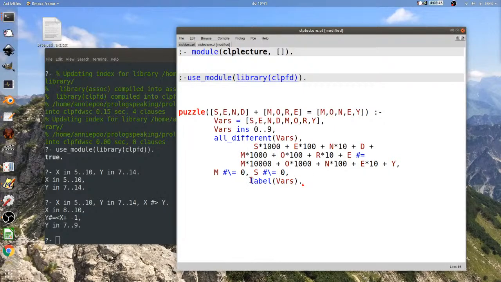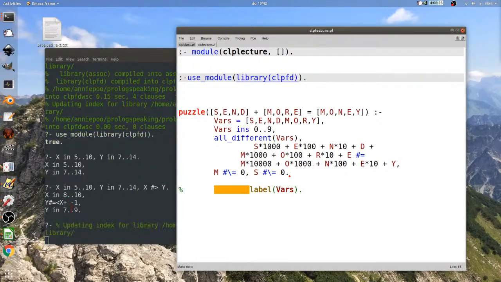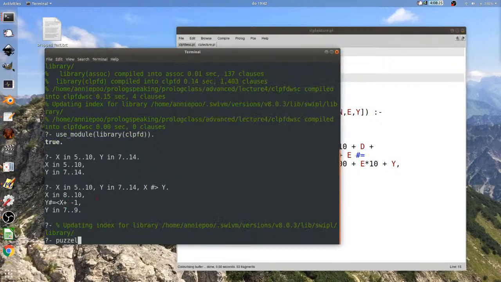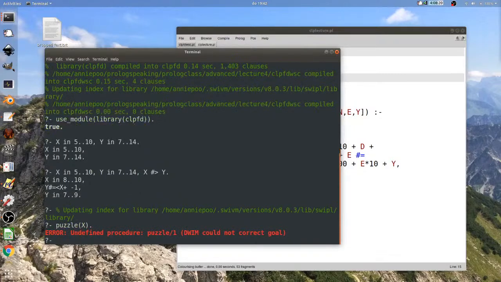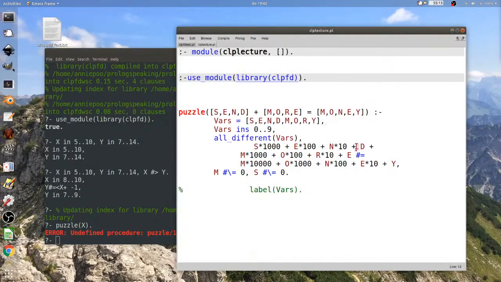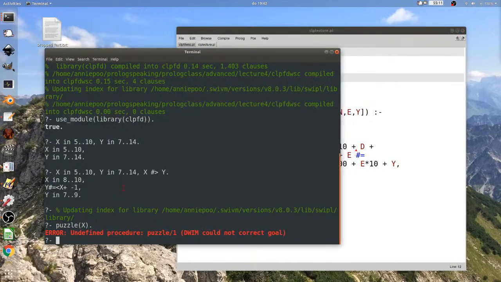And so if I run this way, it's going to tell me, hang on, I forgot to consult.